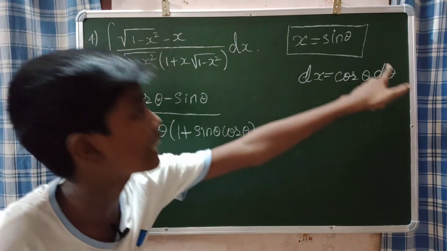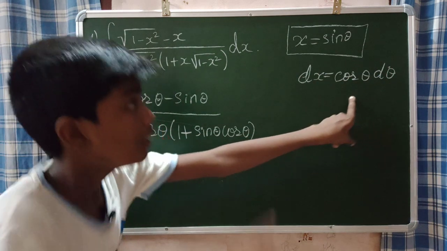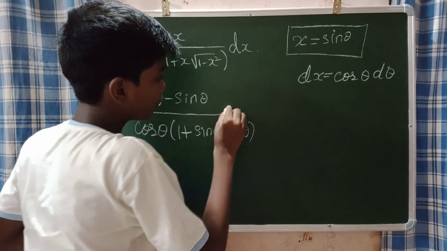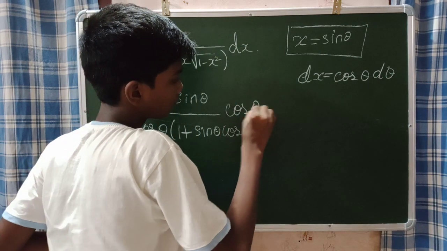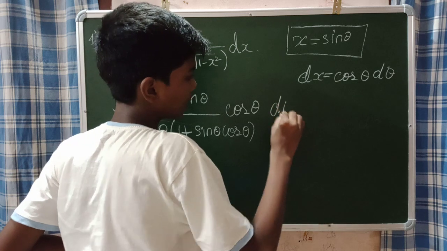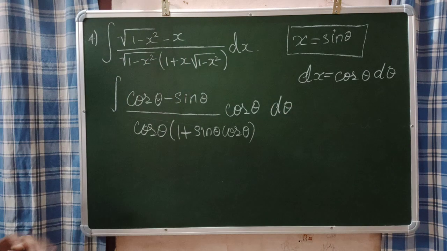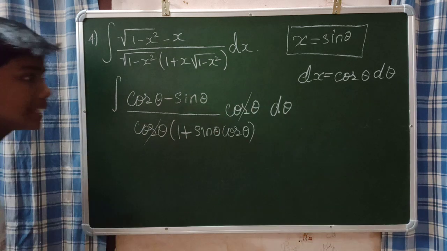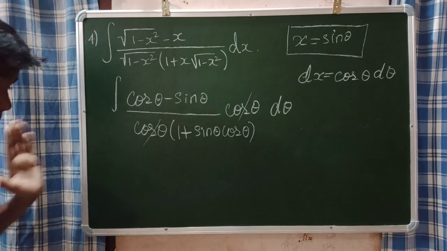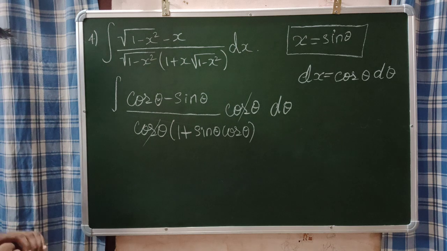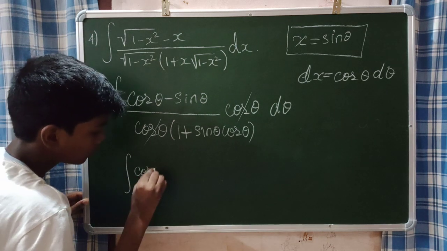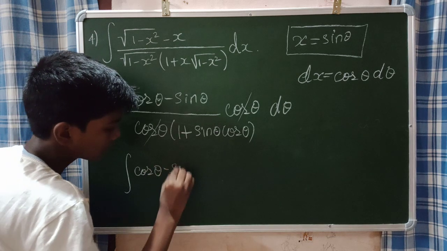So dx equals cos theta d theta. Now see here, guys. This cos theta will get cancelled. What is remaining is the integration of cos theta minus sin theta